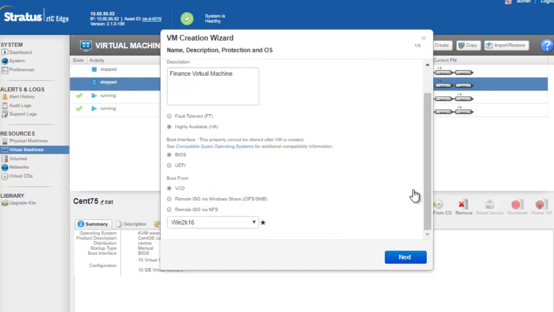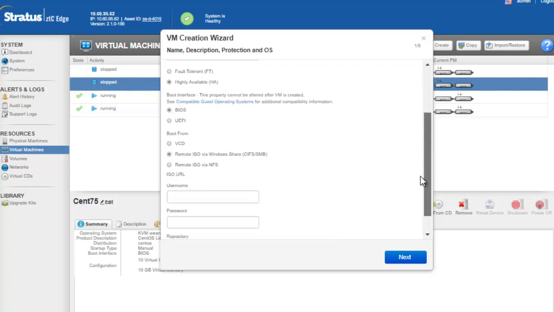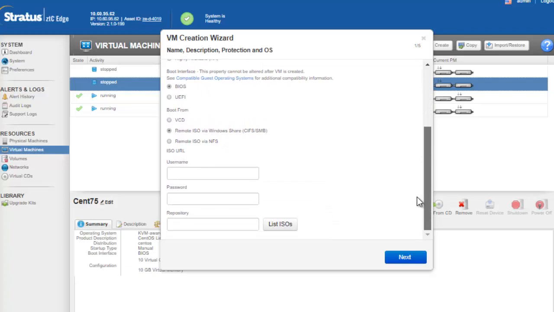For boot from, select one of the following as the boot source. VCD. The boot source is a virtual CD. Select a source from the pull-down menu. Remote ISO via Windows Share, CIFS/SMB. The boot source is a remote ISO file on a shared network drive. You must enter values for username and password. For repository, enter a value in the format of